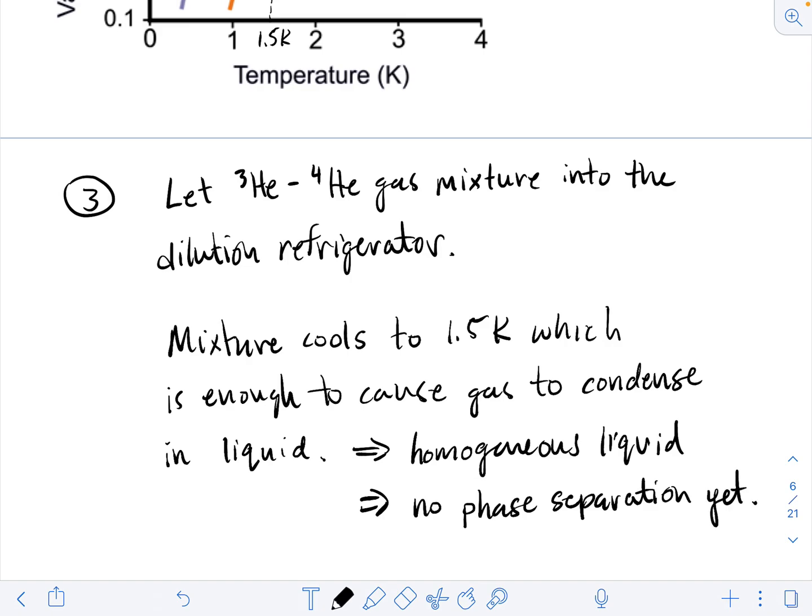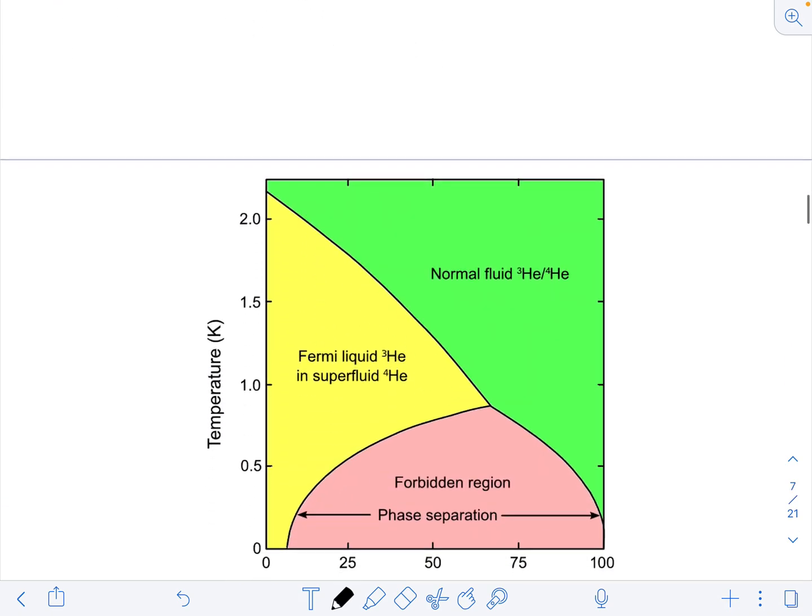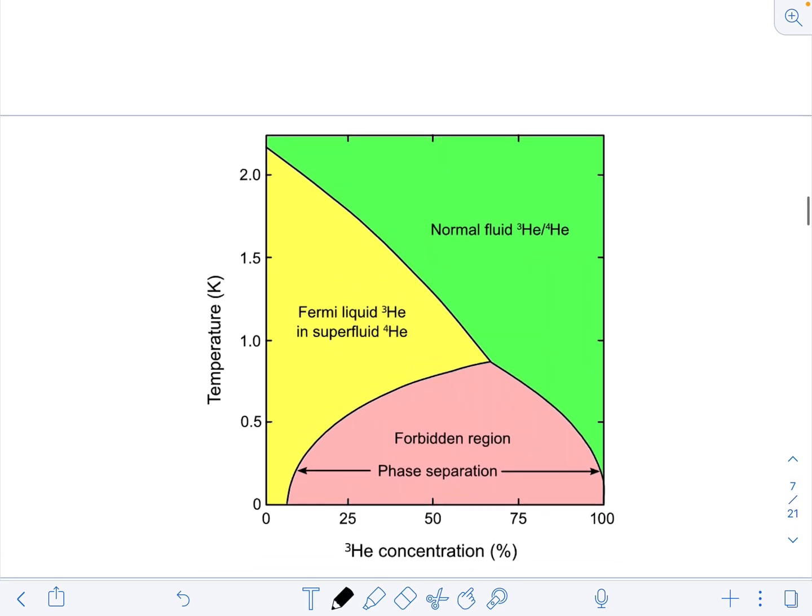Yet. Let me remind you of this phase diagram that we had. Temperature is on the vertical axis and concentration of helium-3 on the horizontal axis. If we're at a temperature initially of about 1.5 Kelvin, then we don't get into this phase separation region. What we just have is a liquid with a uniform distribution of helium-3 and helium-4 throughout. Okay,